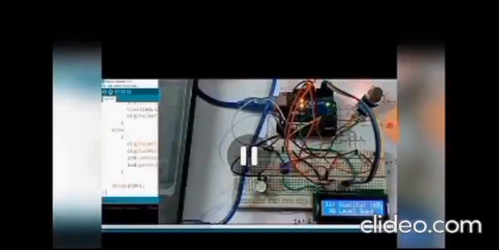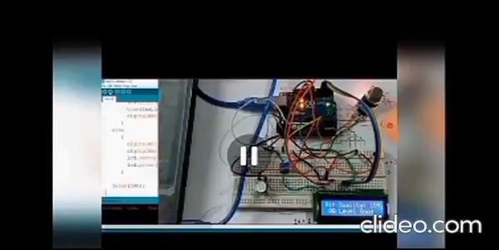Now I am going to connect the USB to the laptop, then select the Arduino board and the compatible port, and click on upload. As you can see, once the upload is done, the air quality reading shows 161 or 162, and the AQ level, that is the air quality level, is good.